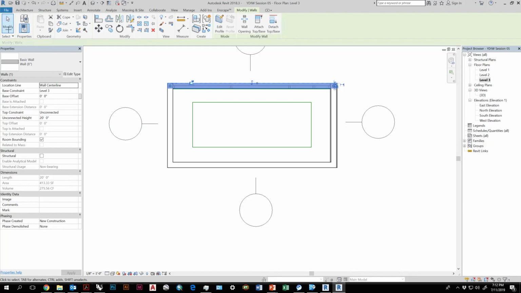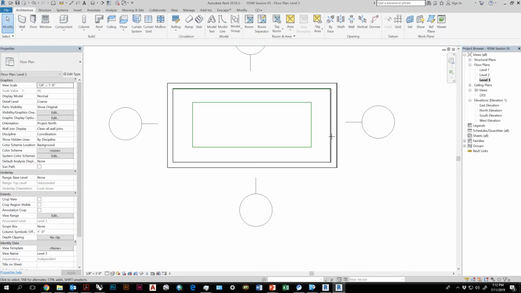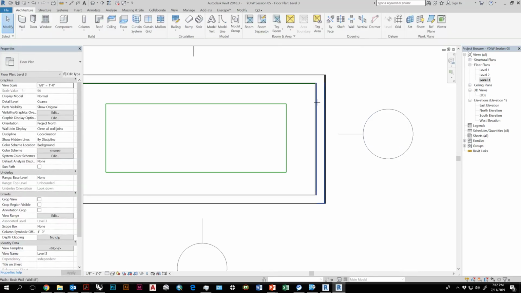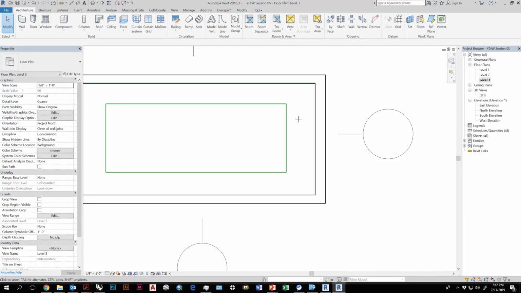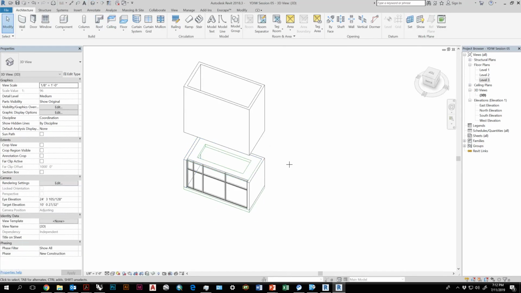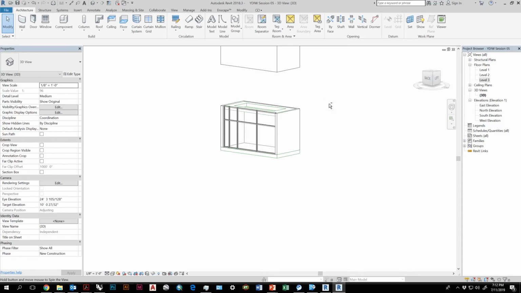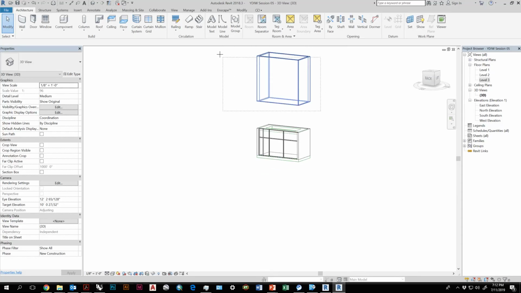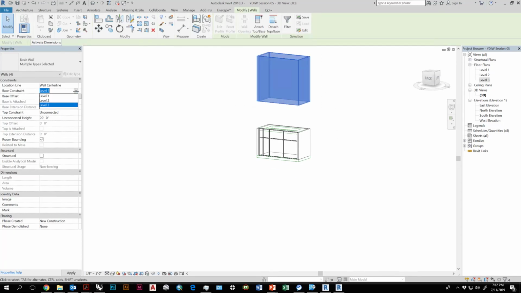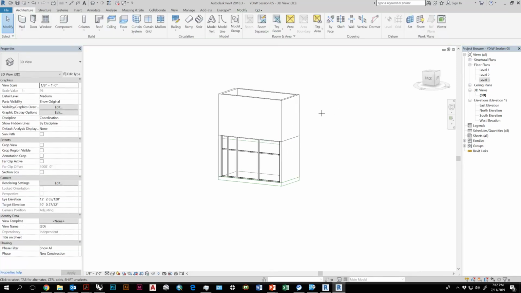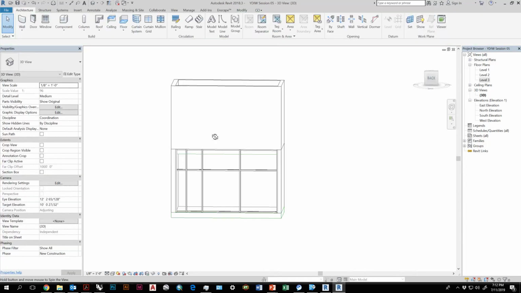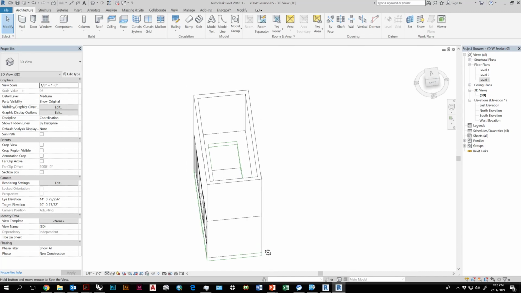Right now, this upper wall is set to unconnected because I haven't created a level 4 for them to connect to. And I'm going to change this to 10 to match that. And go back to 3. It's floating. I need to change its bottom constraint to level 2. And I can then set the top constraint to 3. There we go. So there's that weird looking building.